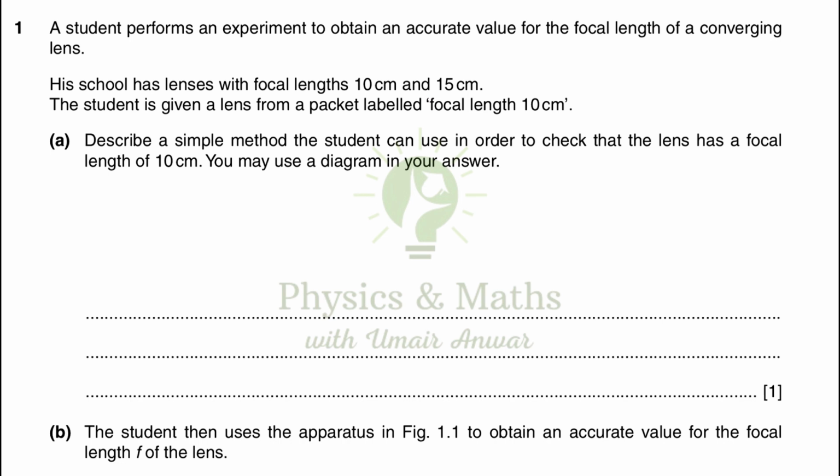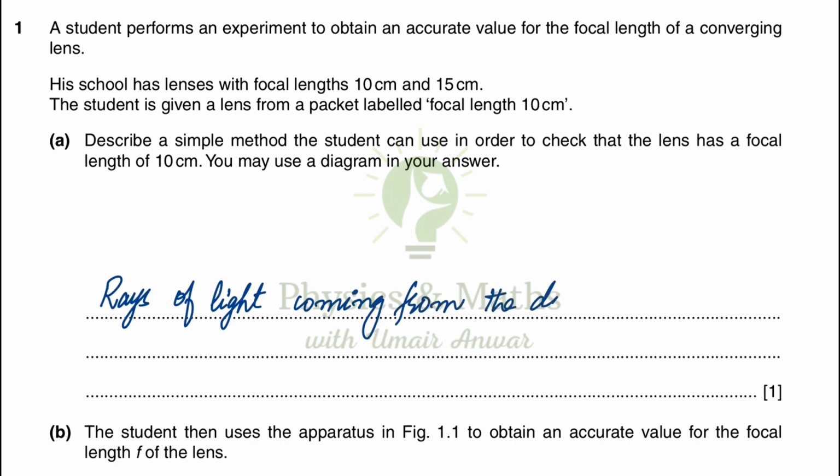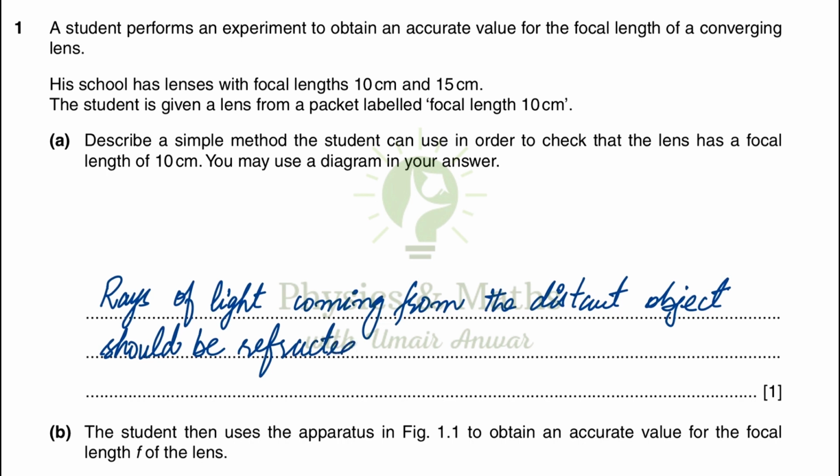So if the focused image or the clear image is obtained at a distance of 10 centimeter, then it would mean that this is the focal length of the lens. So I'm writing rays of light coming from the distant object should be refracted through